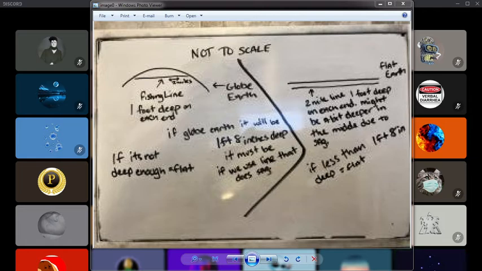Wait. Come on. Wait, I'm confused though. How's that true, Bizarre? If it sags at all, it shows it's a globe. Why is that? What he just said is ridiculous. It doesn't sag at all. But wait, if it has nothing to do with... You don't want sag. If it's flat,